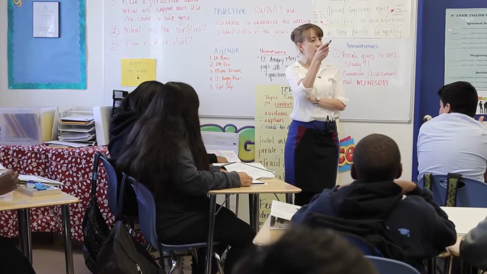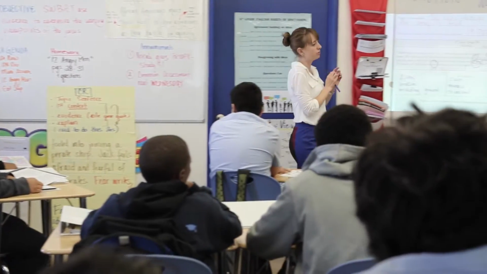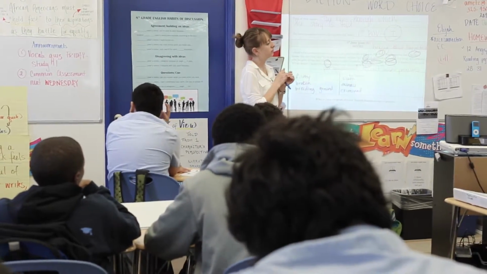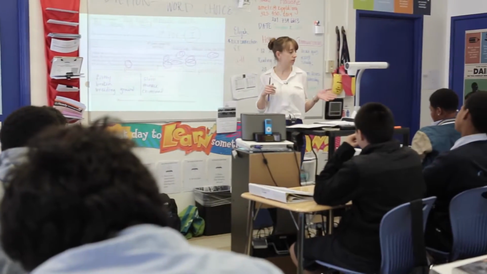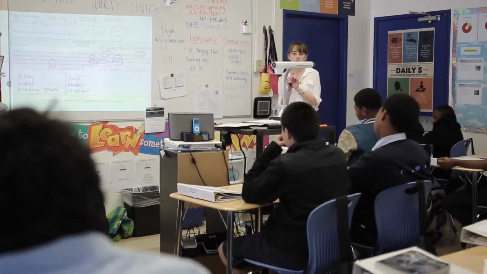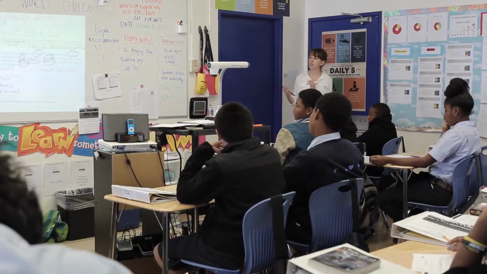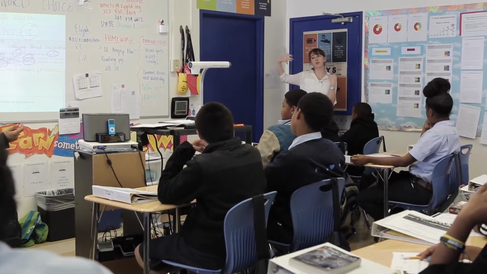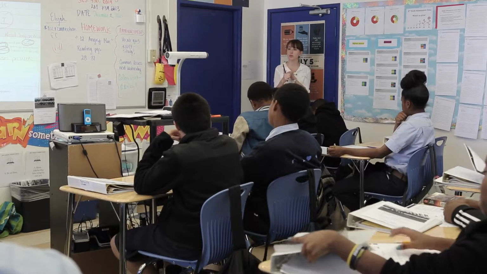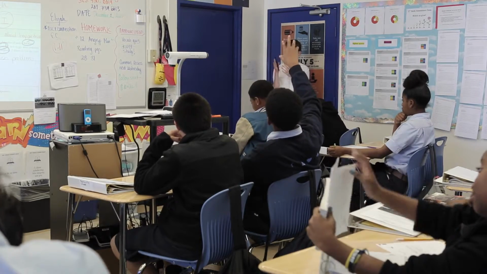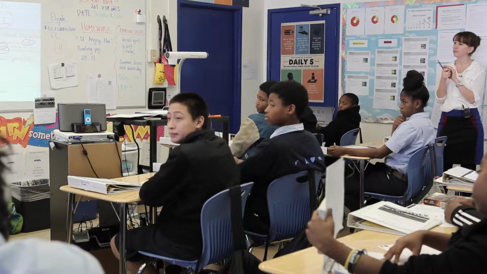So let me hear more. What else is his point of view? Artist, you said something really key here. You tied it back to yesterday's lesson. What did you say? I said that he was using loaded language to show that he was against him, and he was stating things to make him sound like a bad person. Yes, exactly right. Joshua, please stay with us. So what's the other point of view that he's expressing in here? I need more. I heard loaded language. I heard that he has a negative view of him, but there's more to it. Track Eliza, please, and then Aaron will come to you. Nice tracking, Dorian.